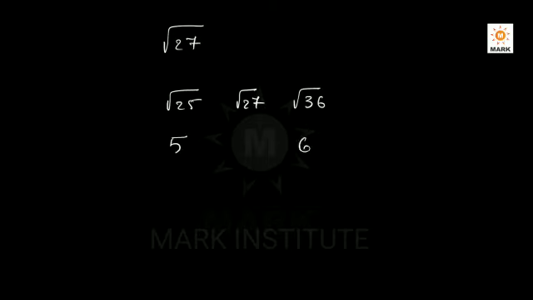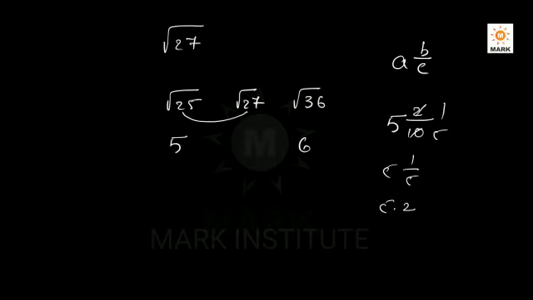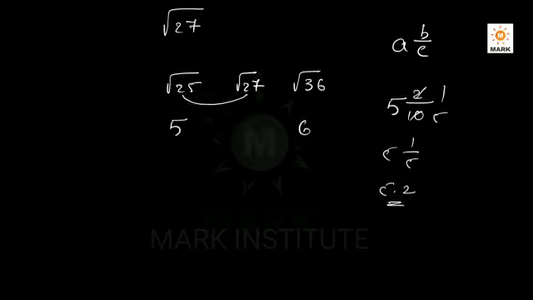Now one more example. Square root of 27. Now we will go in a faster way. The square root of 27 lies between the square root of 25 and the square root of 36, that means the answer lies between 5 and 6. So a b by c, where a is equal to 5. What is the difference between 25 and 27? It is 2. What is the value of c? Double of 5, that is 10. So 2 by 10 is 1 by 5. So 5 1 by 5, that is 5.2.